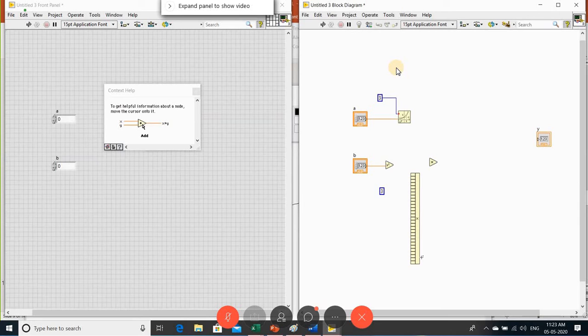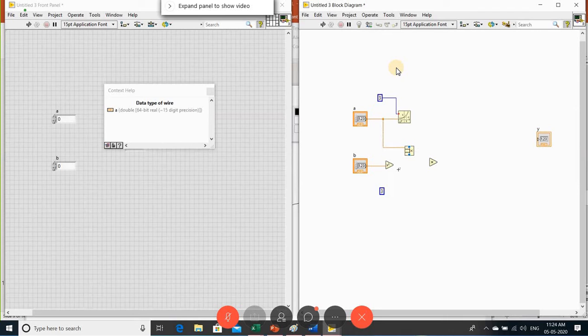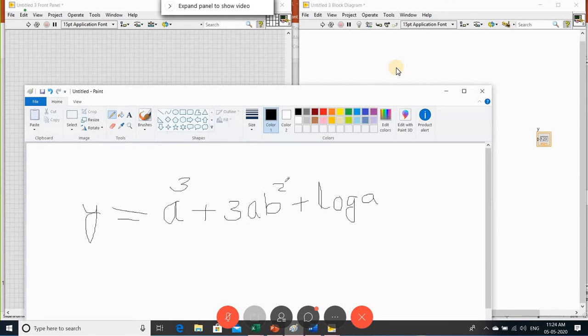Delete this, since here I want only the 3 inputs. So the first input is from a, one more is b squared, and one more is 3. So it is multiplied here, and the operation 3ab squared is done.